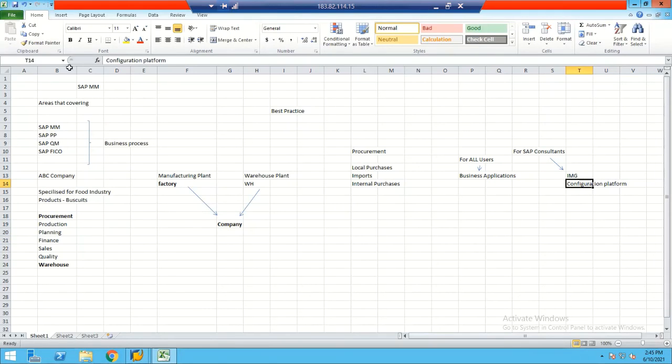The configurations are only available for consultants, not for the entire set of users. But as a consultant, you have to know how the business application works and how configuration supports it. You are the people who configure the system to use the business application.